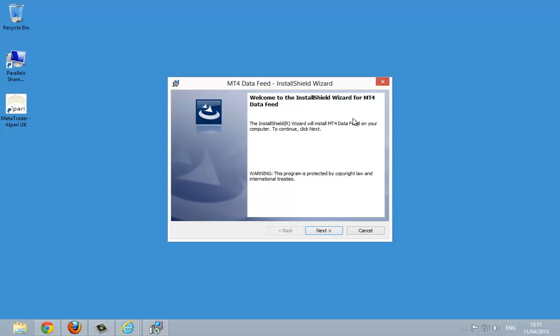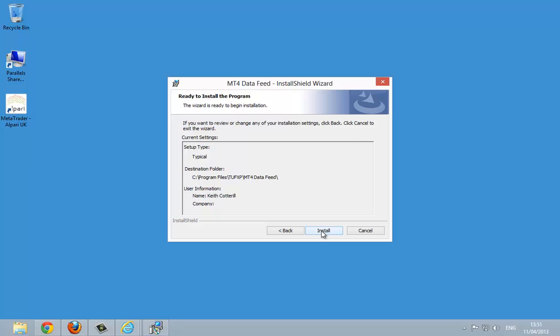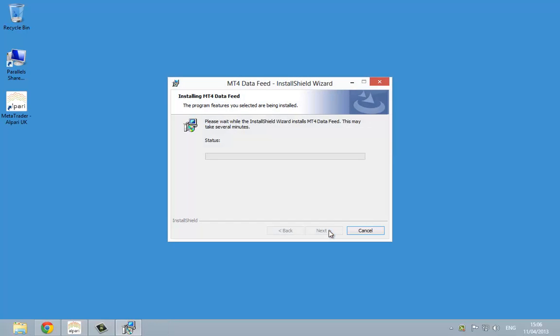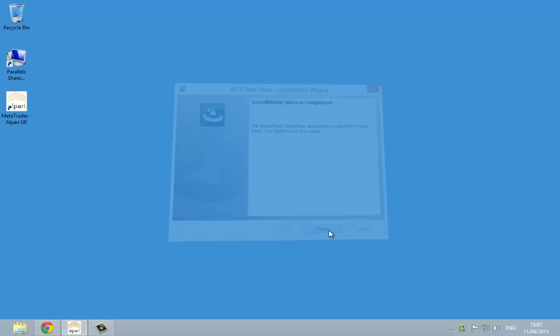So all we have to do once the installation starts is left click on next, click on I accept, then click next again. This then brings up the destination for the installation. Just accept the default and left click on install. This now shows you the installation of the MT4 data feed, and as soon as this is complete we left click on finish. This concludes section 1 of module 3, where we've downloaded and installed the MT4 data feed for